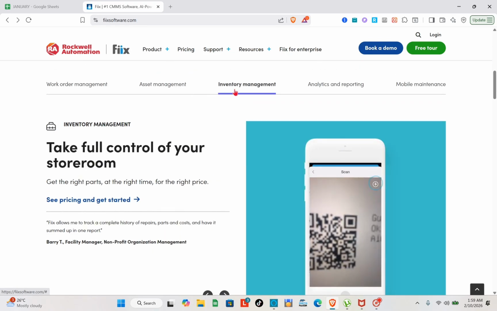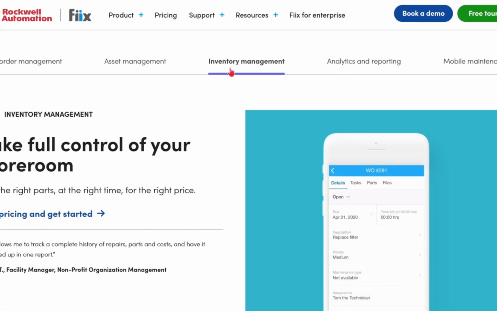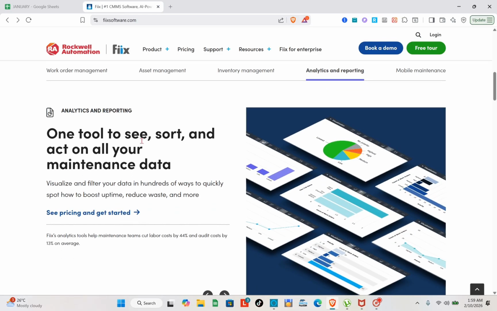Next one is the inventory management. So you can take full control of your storeroom, get the right parts at the right time for the right price. Next is the analytics and reporting. So one tool to see, sort, and act on all your maintenance data. You can visualize and filter your data in hundreds of ways to quickly spot how to boost uptime, reduce